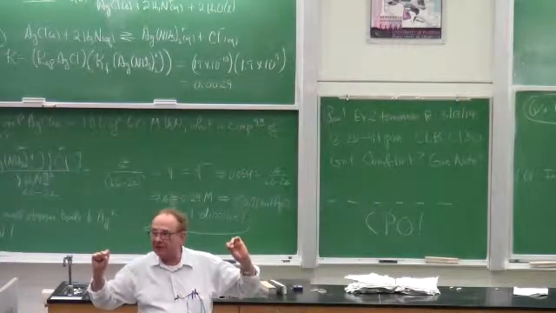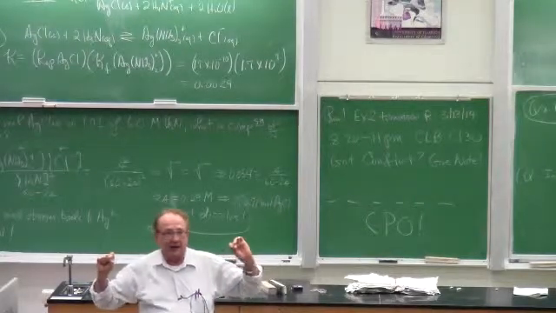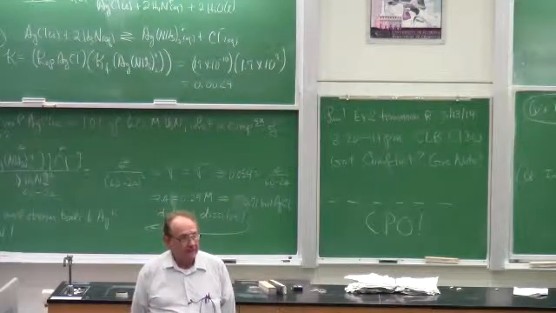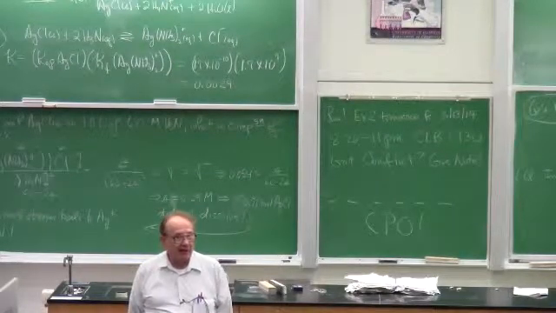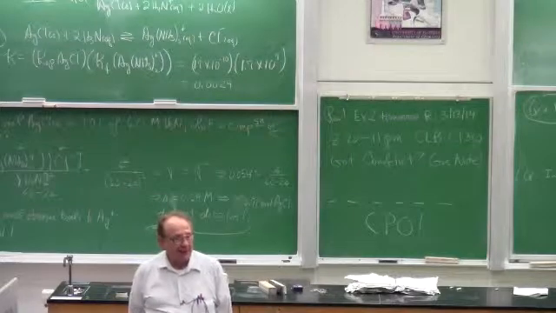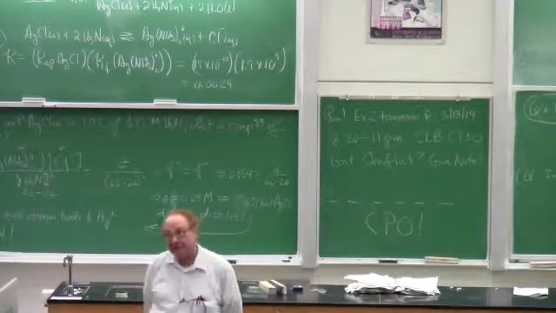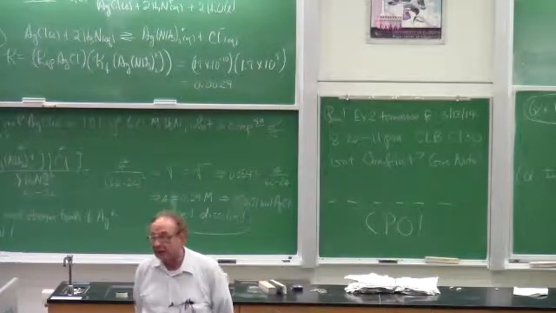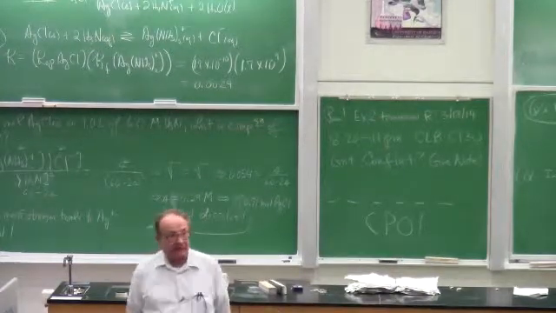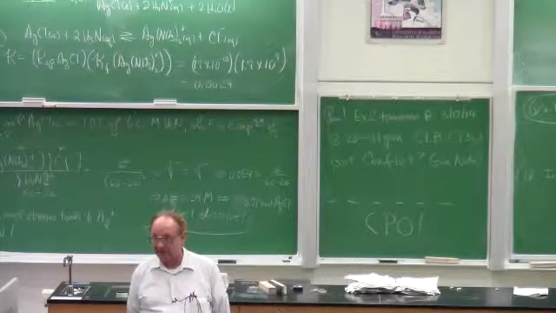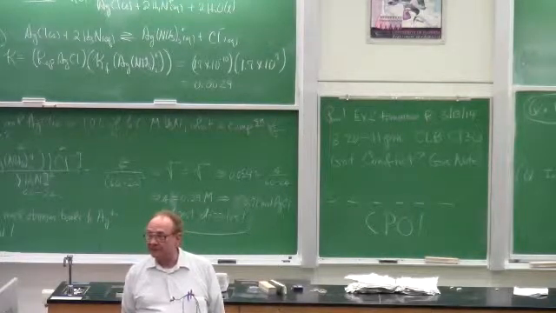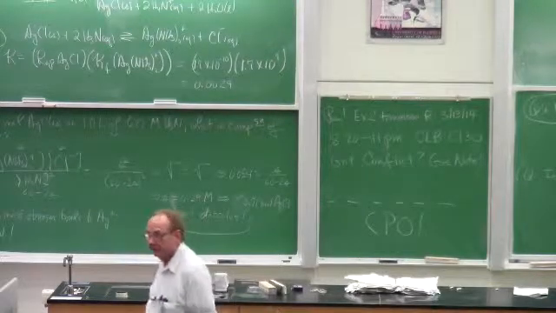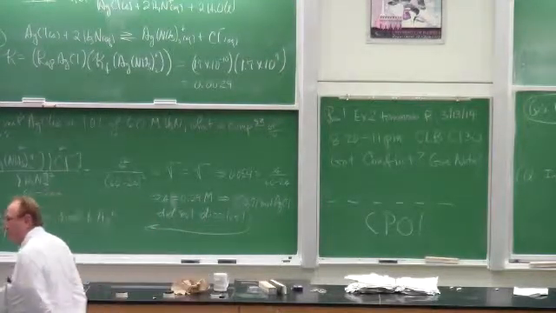Upshot, if you take silver oxide and treat it with a source of chloride ion, right before your eyes it'll convert to silver chloride. So why does silver oxide have a lower solubility? It does not have a lower solubility. It has a lower solubility product. And if you have not yet recognized that solubility and solubility product are not synonymous terms, you better get at it. And they're not the same. The solubility of silver chloride is lower than that of silver oxide. Now then,